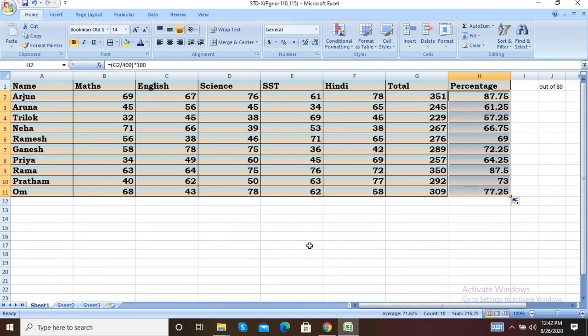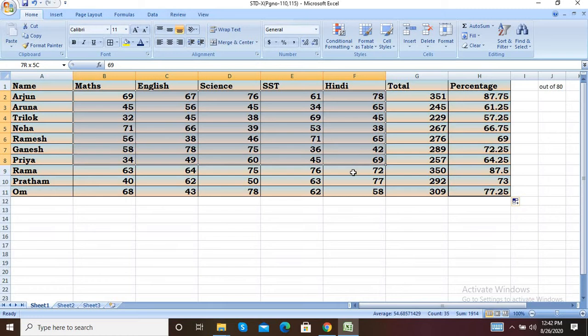Okay. Next thing, using conditional formatting, perform the following operations. So first is highlight those cells in which students score less than 40. So for that, first you have to select the data. Which data? Only the subject marks, because we have to do the operation on only the marks, not the whole table.